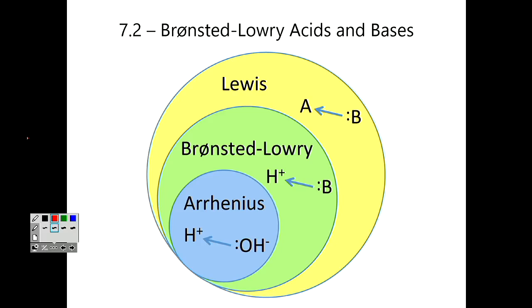If your base is any base, like the one in the Lewis definition, but your acid is specifically a proton, then we're talking about the Bronsted-Lowry definition. So there's a little bit more restriction in terms of what the acid is. And then if you're talking about the Arrhenius definition, we're specifically talking about hydroxide and hydronium being the